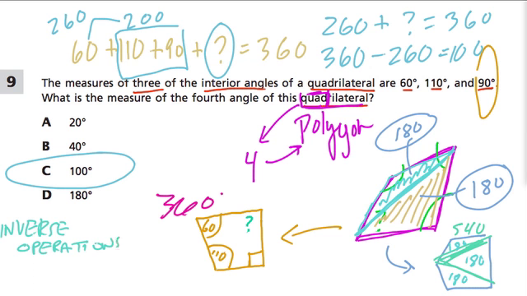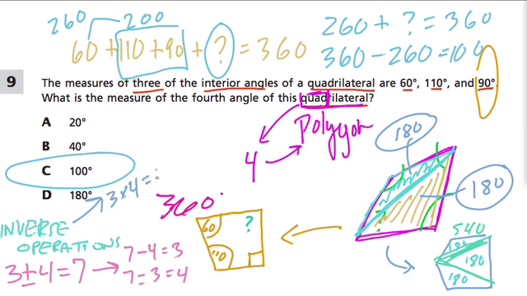What inverse operations focus on is the really useful property that, for example, if I take 3 and add something to it, like 4, then I get 7. The inverse operation says that 7 minus 4 gives you 3, and 7 minus 3 gives you 4. Addition and subtraction are inverse operations. They go back and forth. And so are multiplication and division. For example, 3 times 4 gives you 12. But then it's kind of cool because 12 divided by 3 gives you 4, and the reverse, 12 divided by 4 gives you 3. Multiplication and division are inverse operations. So that's really going to come into play, especially as you explore